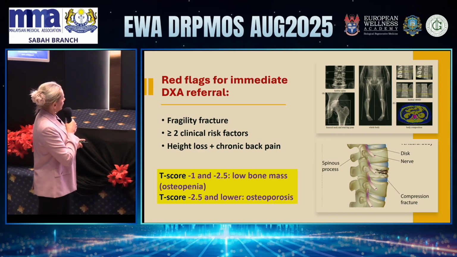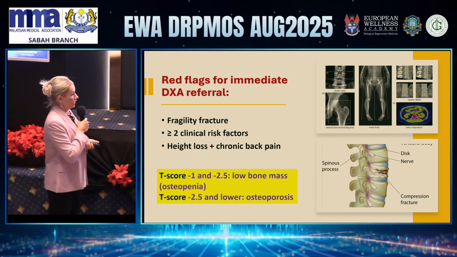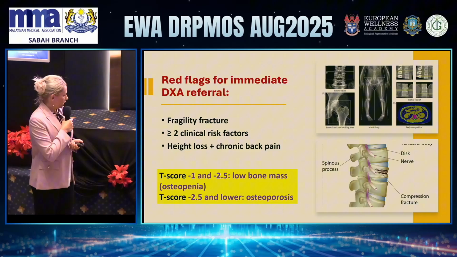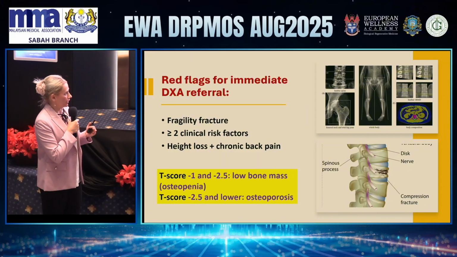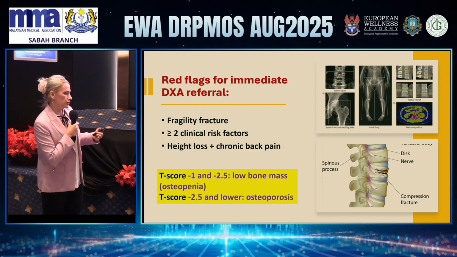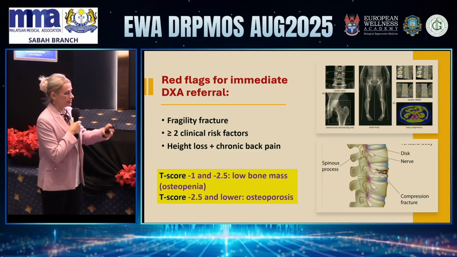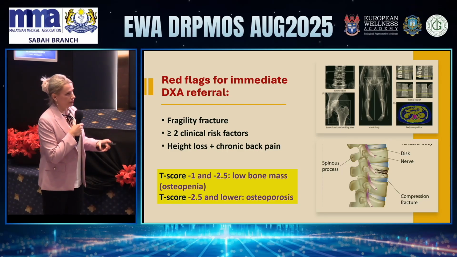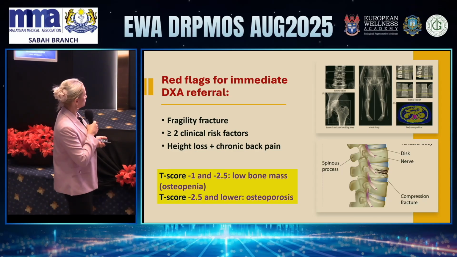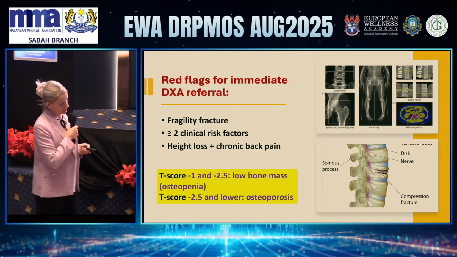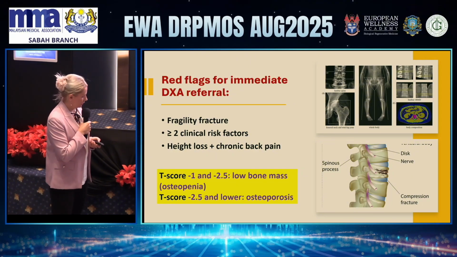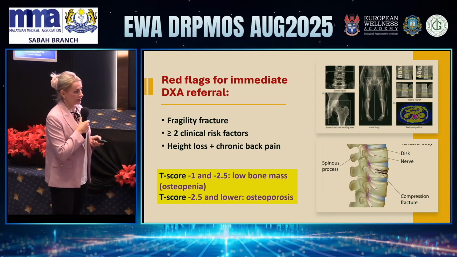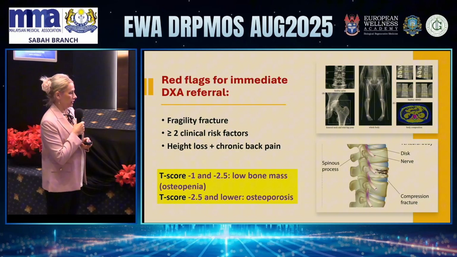So the criterion of osteoporosis is the T-score. Actually, T-score is a score measured in standard deviations below peak bone mass; 2.5 deviations below is considered osteoporosis. Deviations of 1 to 2.5 is osteopenia, low bone mass. We all know this. T-score is a deviation compared to a younger adult. We also have another parameter, the Z-score, which is the